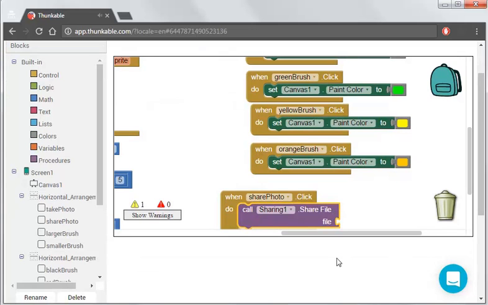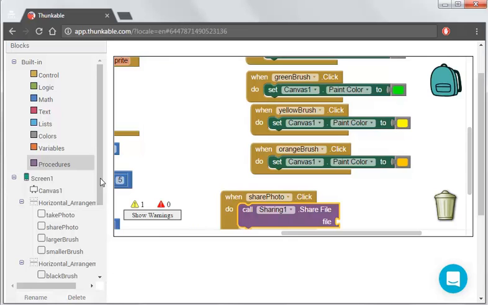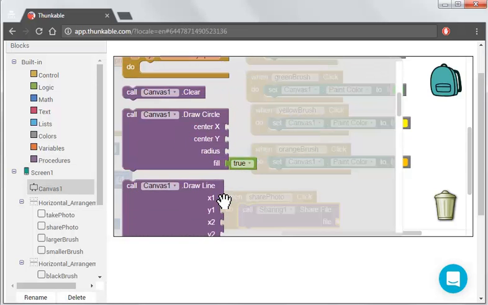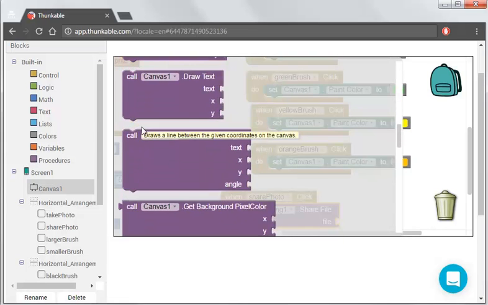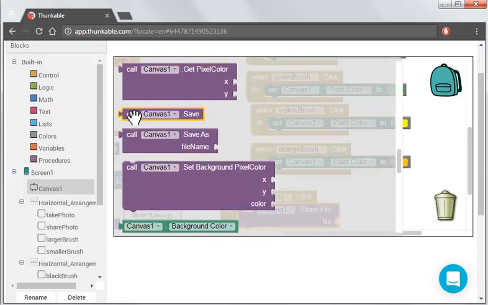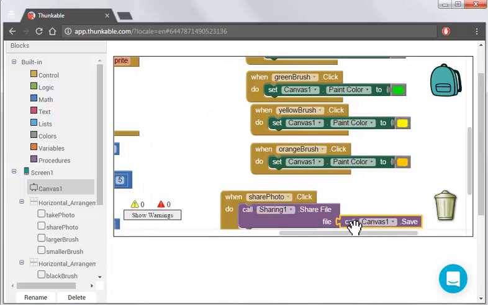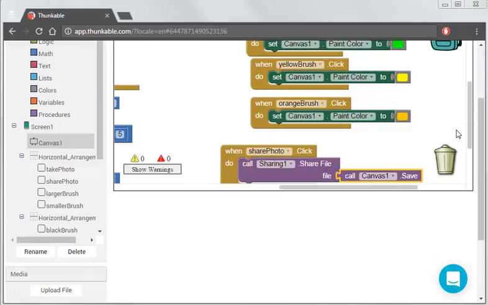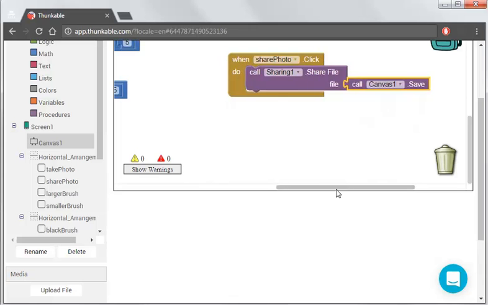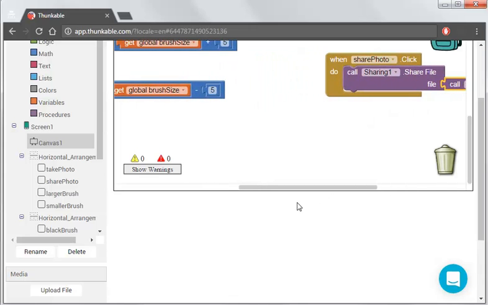Now we need to save this file to actually then share it. So we call the canvas to save it. Okay. So that will actually call up the options within the phone to either share it through social media or by email. The final thing we need to do is